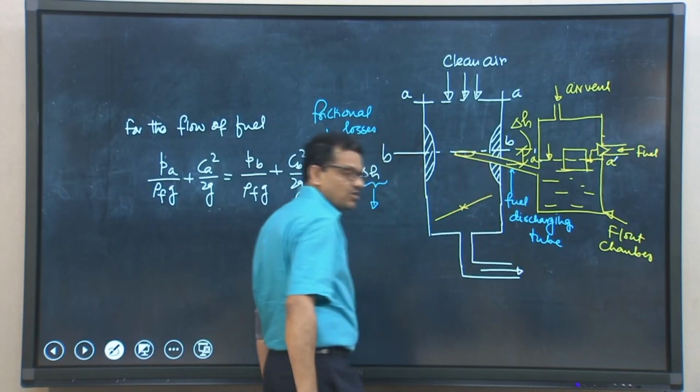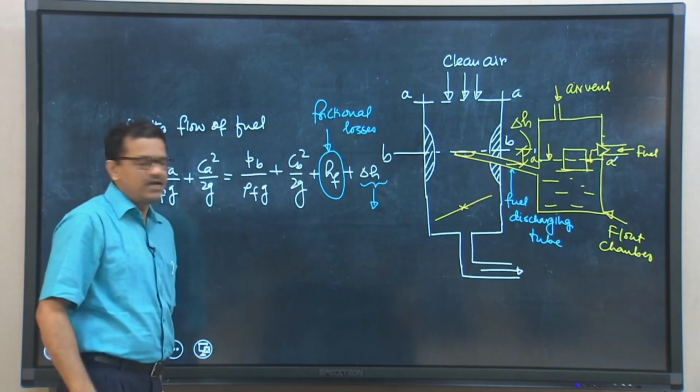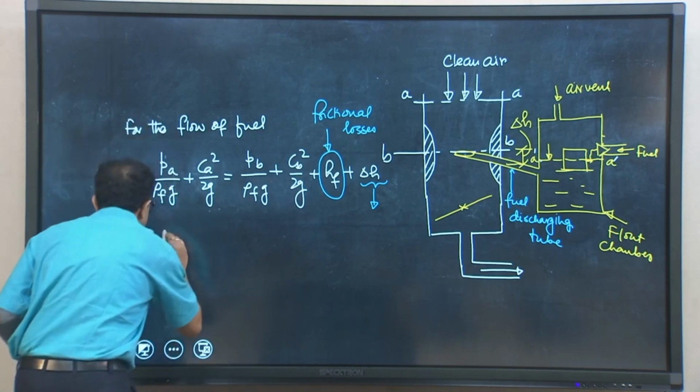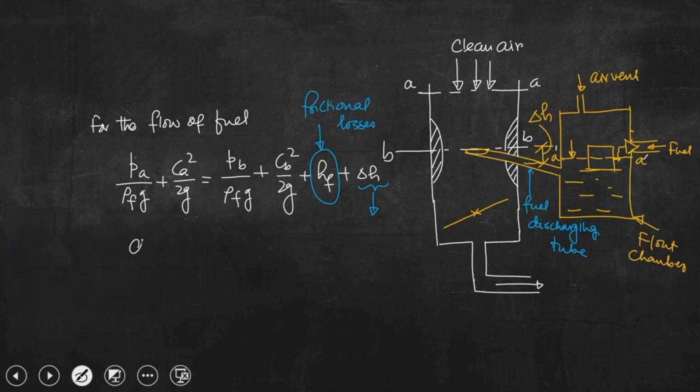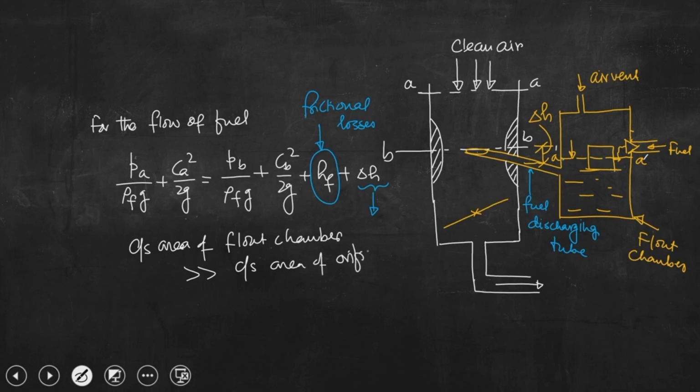much higher than the cross sectional area of the orifice point. So, we can write here that the cross sectional area of the float chamber is much greater than that of the orifice, and then we can consider CA is much less than CB, right, and then we can write